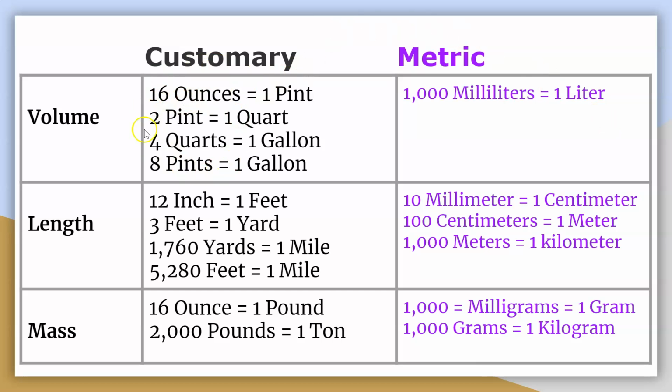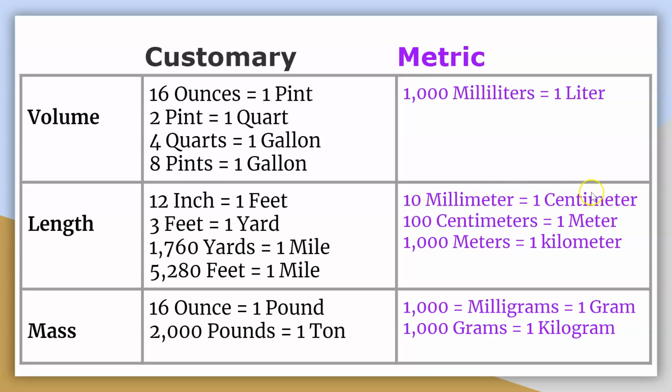Whereas in the customary system, if you want to change from, say, for example, quarts to gallons, you have to remember that 4 quarts is equal to a gallon to do that conversion. If you want to do it for inches to feet, you have to memorize the number 12 inches is equal to a foot. Whereas for the metric system, if you just remember that 10 millimeters equal a centimeter,